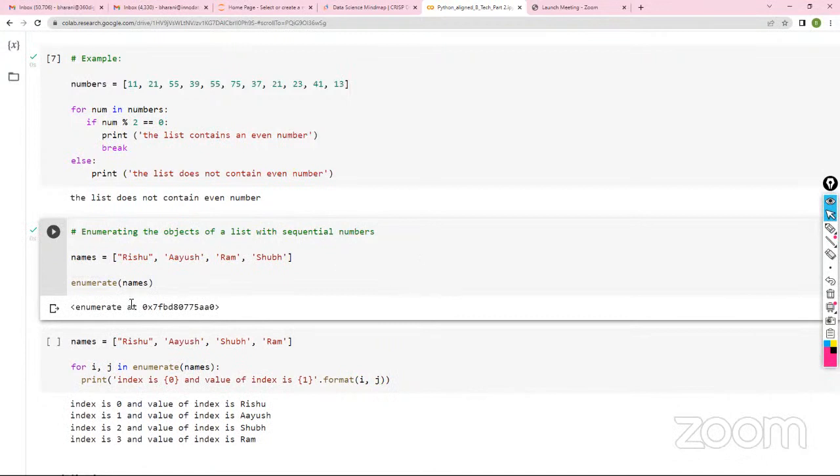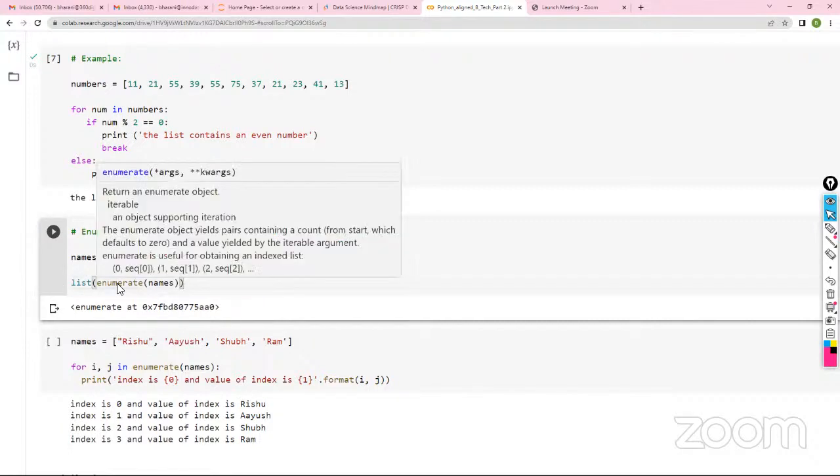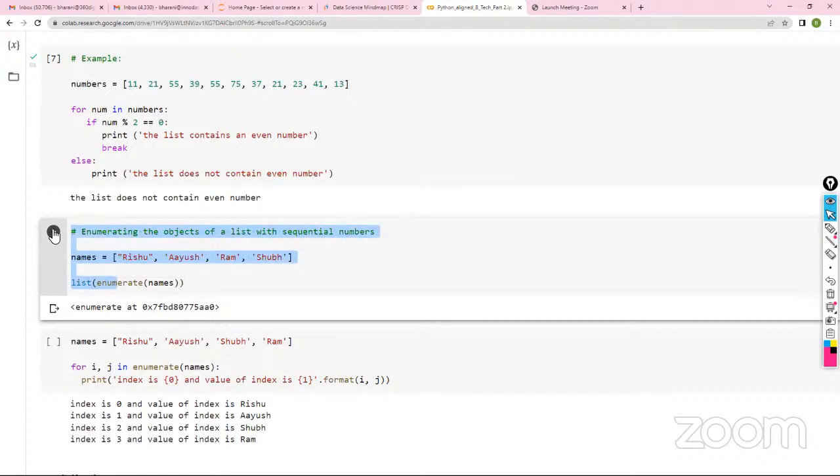What does it show me? It just says that you have enumerated, that's nothing. If you say list of enumerate, it will show you all those elements in a list. So if I were to run this,